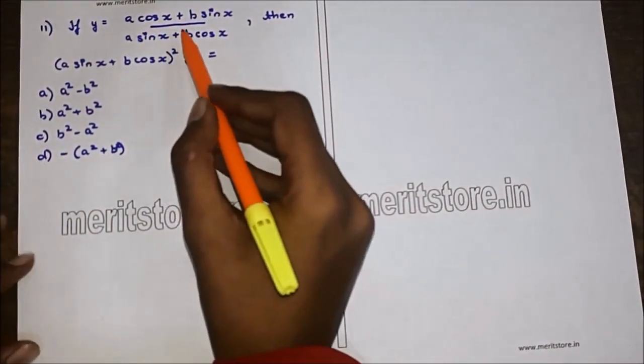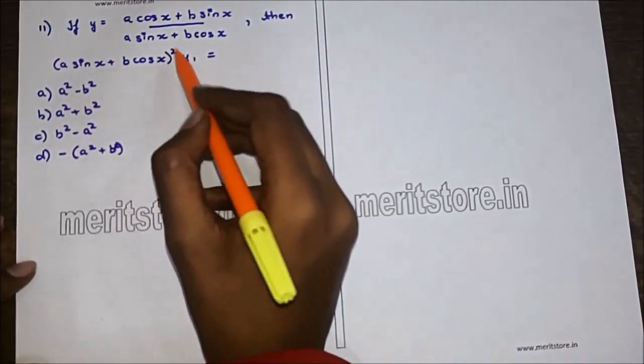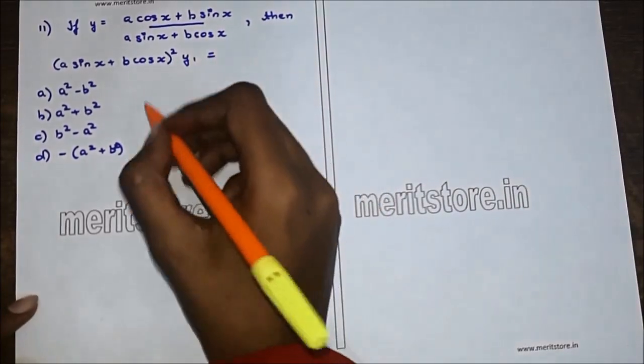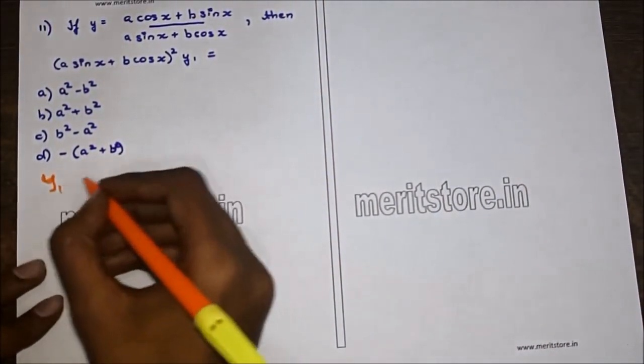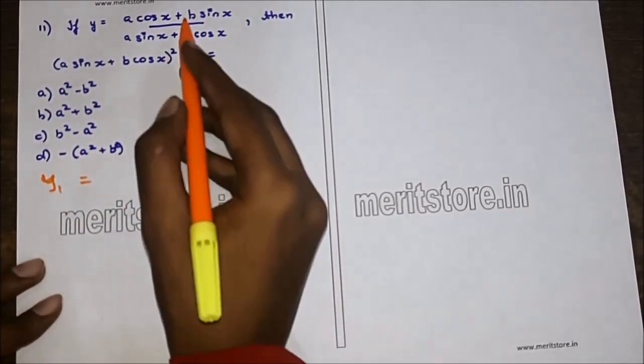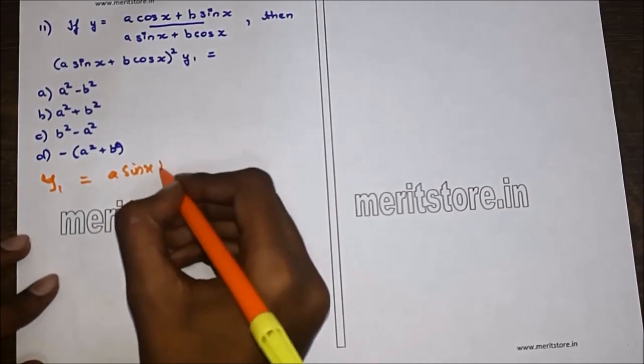If y is (a cos x plus b sin x) upon (a sin x plus b cos x), then (a sin x plus b cos x) the whole square into y1 is, these are the options. Again we differentiate y, so y1 is, this is in the form of u by v, so a sin x plus b cos x,